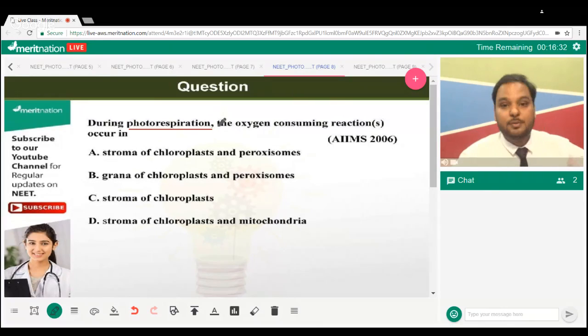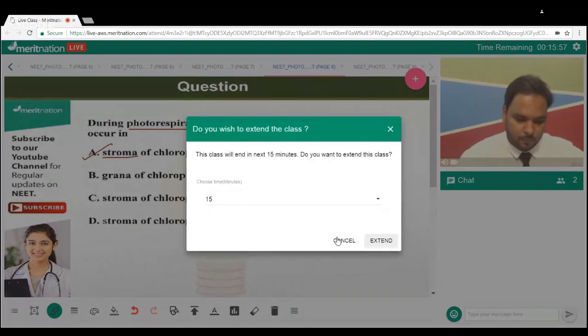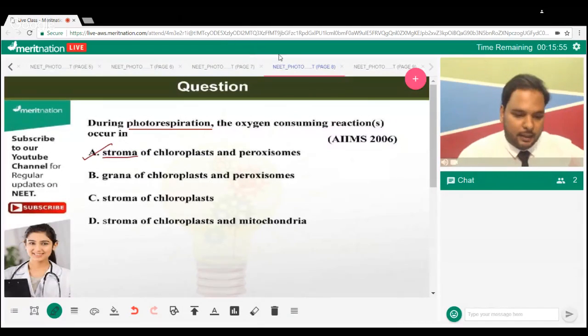And as I told you, photorespiration is also part of a dark reaction, you can say. So it has to be there in stroma. That's another link that I have given you in the very beginning. Exactly, everyone. So here, the correct answer is stroma of chloroplast and peroxisomes. That is A. Not stroma of chloroplast and mitochondria. Clear, everyone? Exactly, CPM. And here finishes your